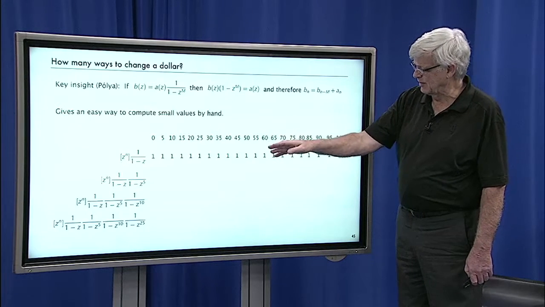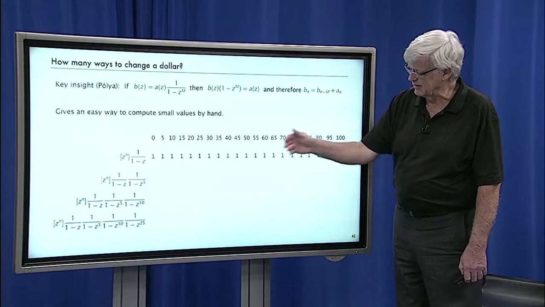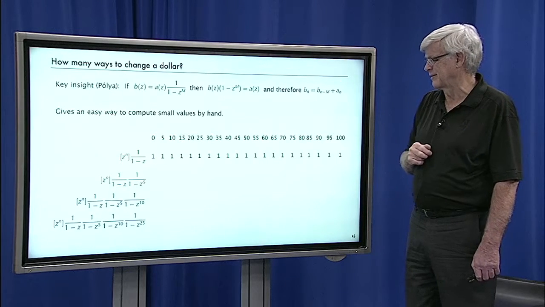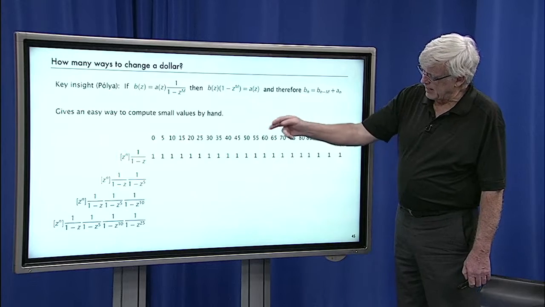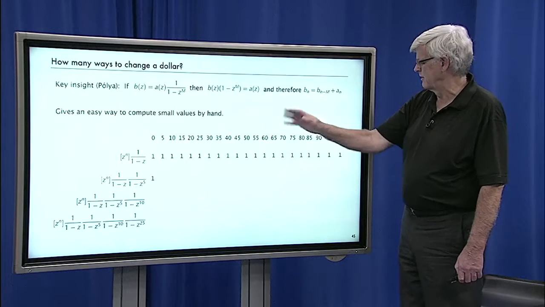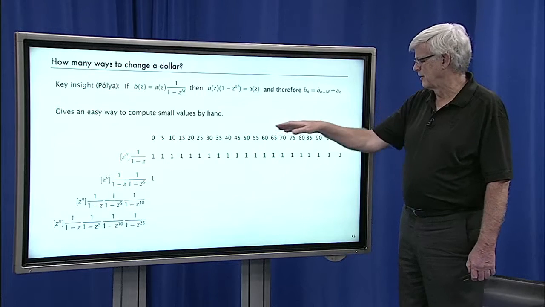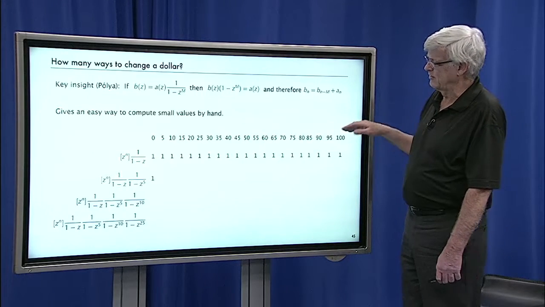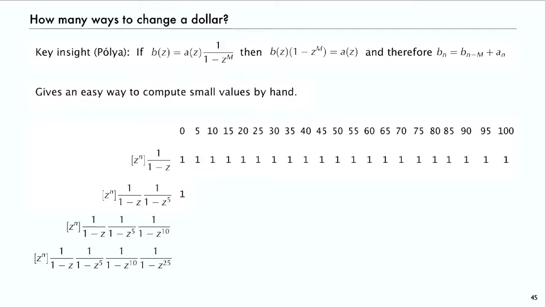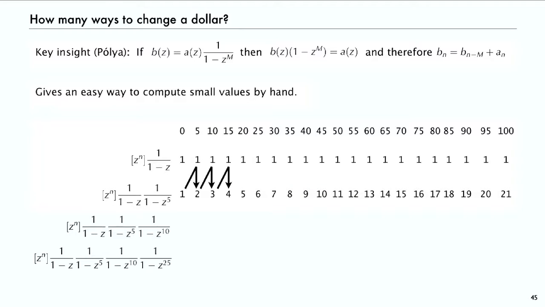So for this example, we're going to add the nickels and then the dimes and then the quarters. Actually, you could do this in other orders too. Since everything's a multiple of 5, we'll only look at the coefficients of z to the power that's a multiple of 5. So if we want to compute b sub 5, we take a sub 5 and add b sub 0 to it. If we want to compute b sub 10, we take a sub 10 and add b sub 5 to it, and so forth. So for this line, it's easy to figure out what happens. We just get